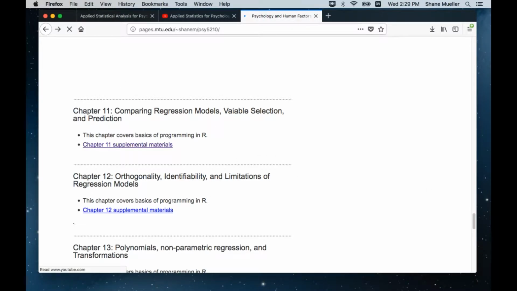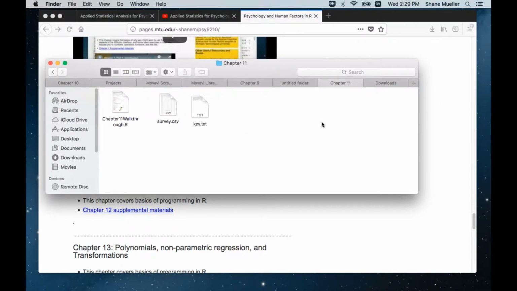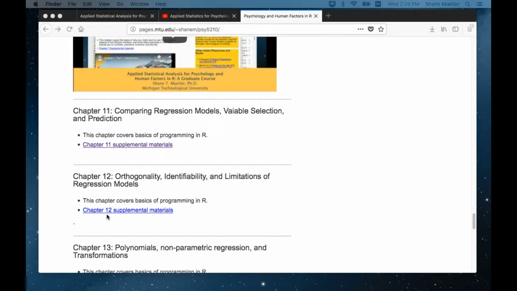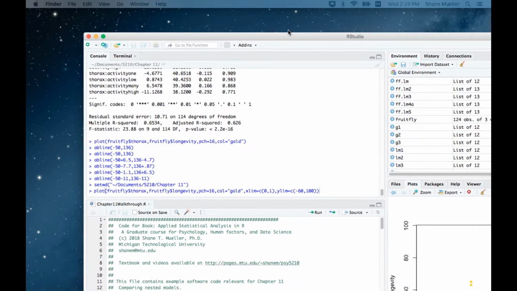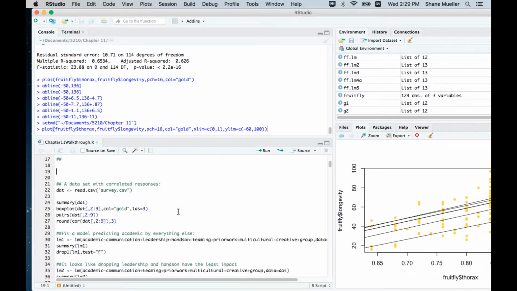Okay, so once you download that, make sure you put it into a location you can access. I've put it all in a chapter 11 folder, so that I can read that data in. And then I've opened up that R file within R. Let me bring that window over. And here it is. Okay, so